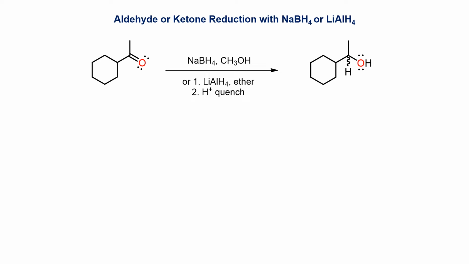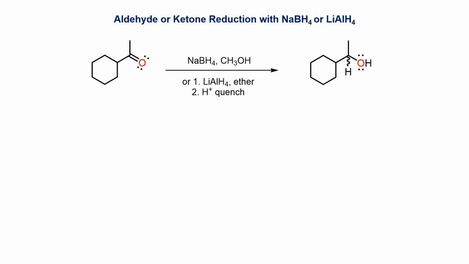A very useful and generally applicable synthesis of alcohols involves reducing a ketone or aldehyde with a metal hydride reagent such as sodium borohydride or lithium aluminium hydride. In this example, a prochiral ketone is used, which is reduced by either reagent to give a racemic mixture of